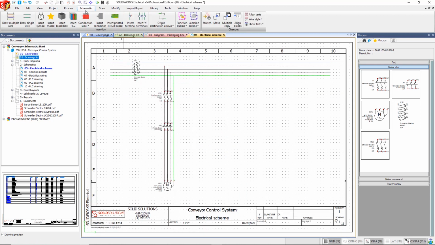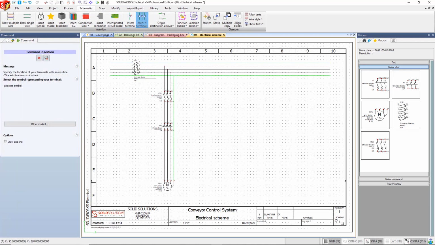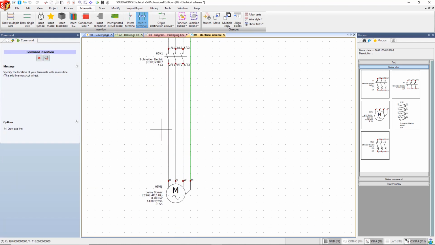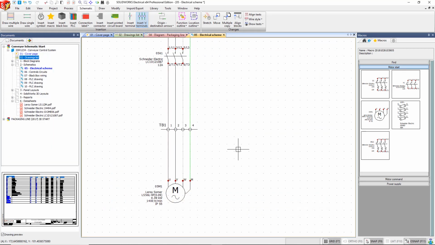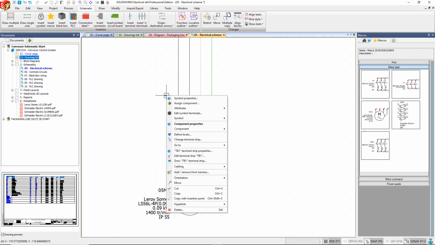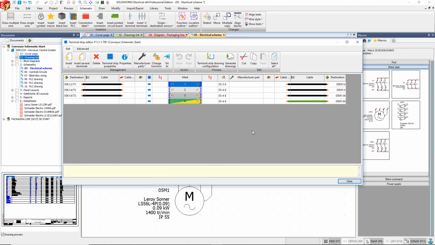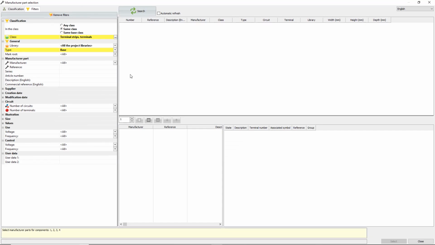We've also got some great terminal strip tools. So this motor is actually plugging into a terminal block, which I can add in a few clicks. Within the settings of this terminal strip, I can actually start to manipulate, okay, well, what parts actually are these? I can link into my database, which is SQL based.